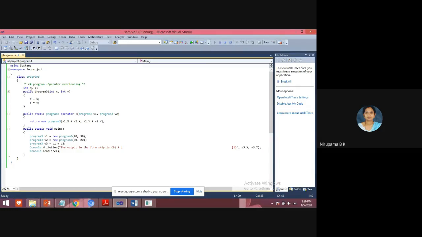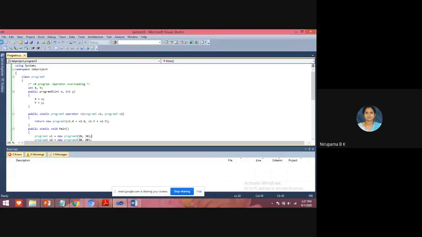Here, using operator overloading, we are calculating this. This program already you have for your syllabus.